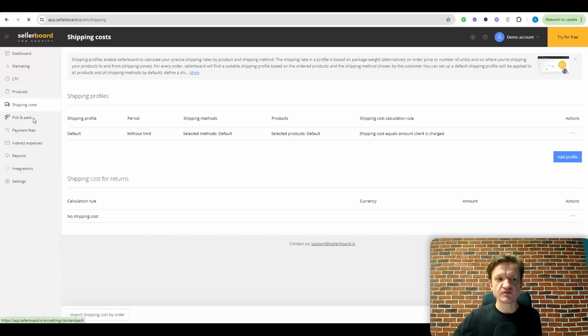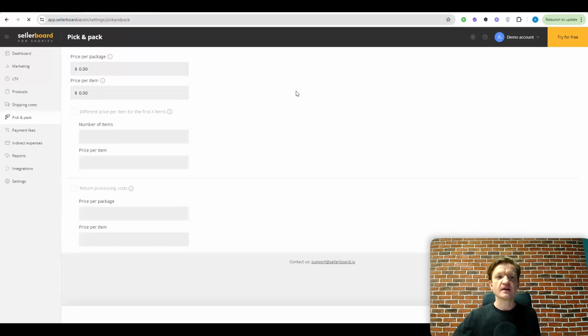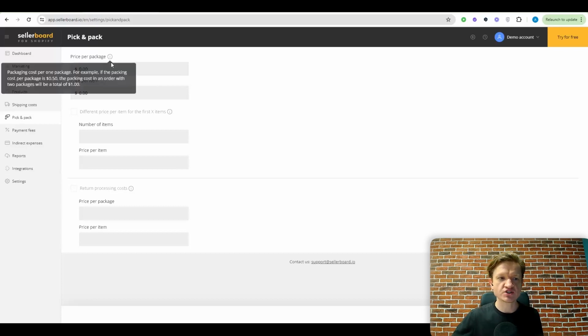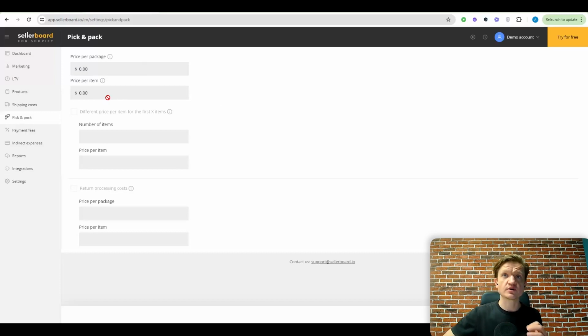And then let's move on to pick and pack, right? So there are several options for how you can account for that. First of all, of course, you will input a price per package or a price per item, depending on how you calculate your pick and pack costs.